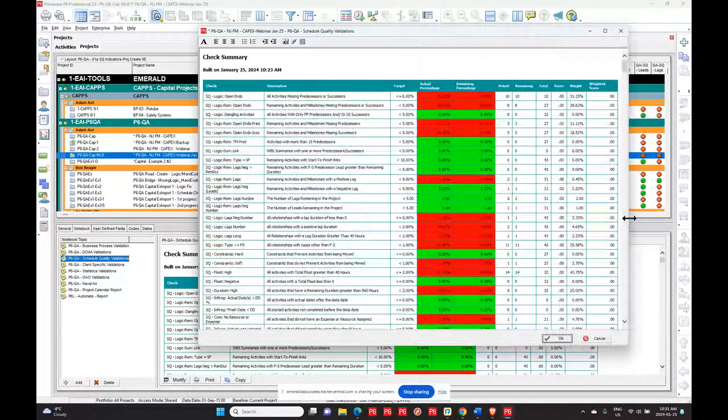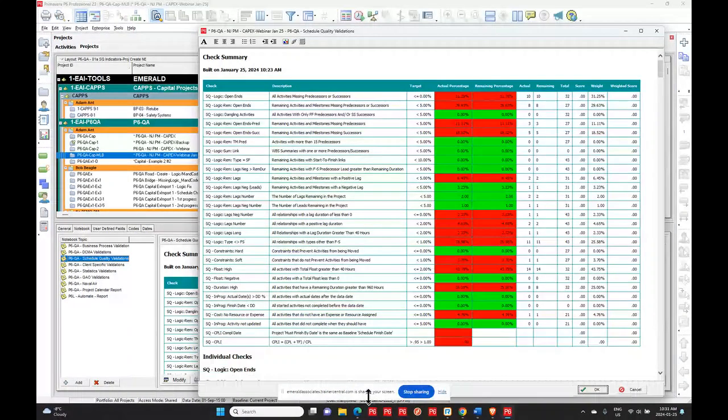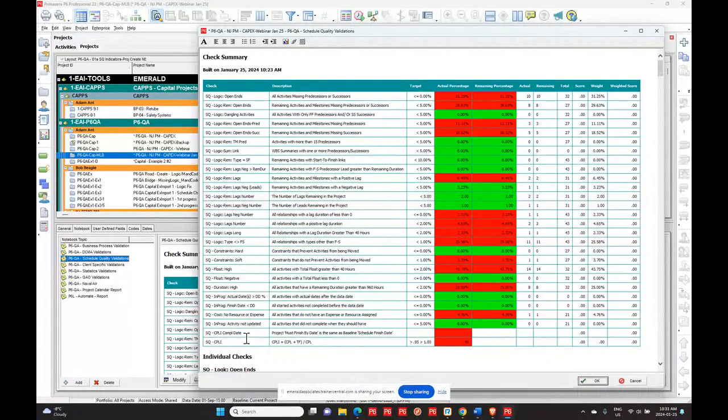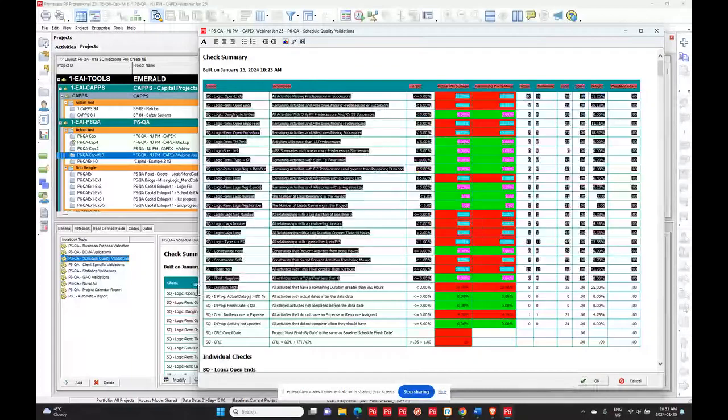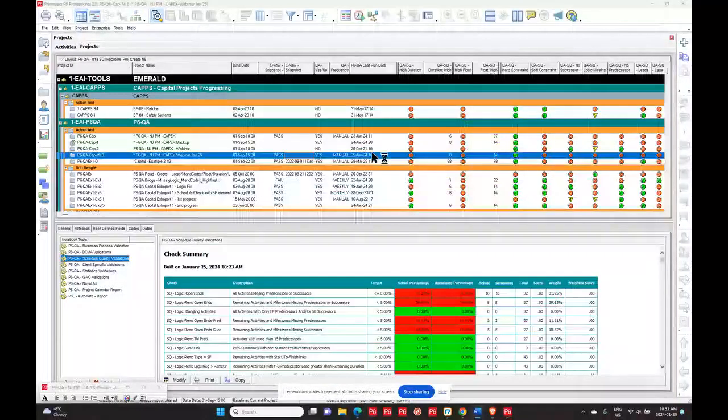So what I'm looking for is my high duration. So let's see what it's actually reporting in the high duration. Here's my duration high. Whoops. So you can see down here what it's reporting. It says I've got 8. So if I look at that and then I go and rerun this,